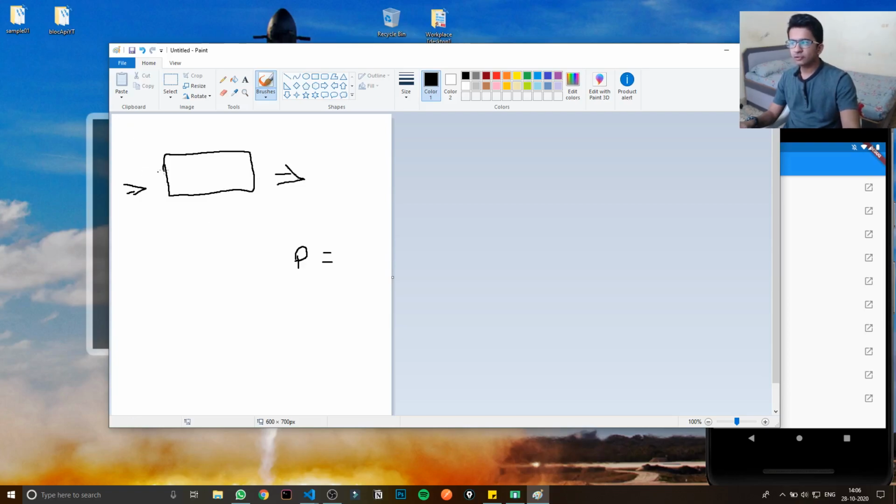So this is our pipe, some data goes in and some data comes out. The data which goes in, we can call it sink. I am just writing Si for sink.